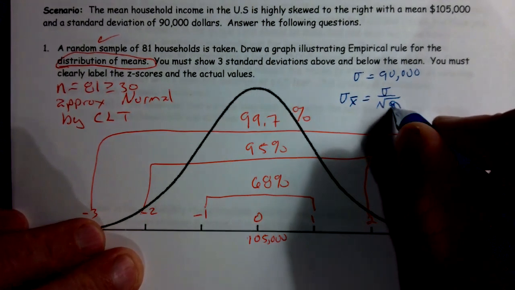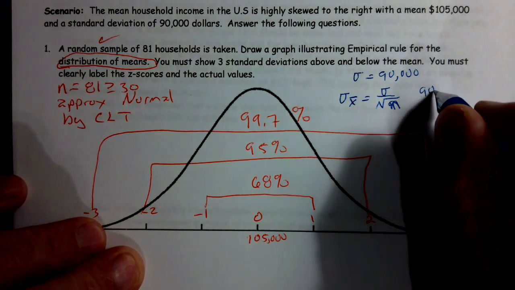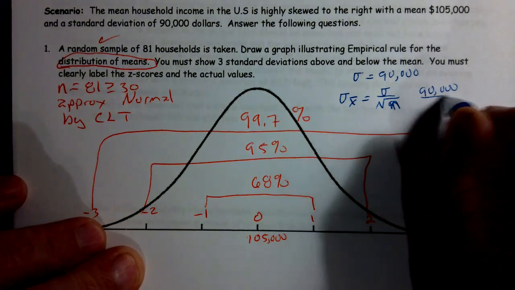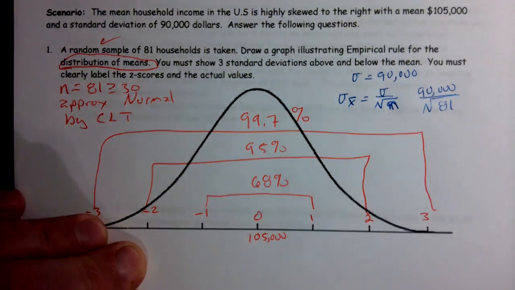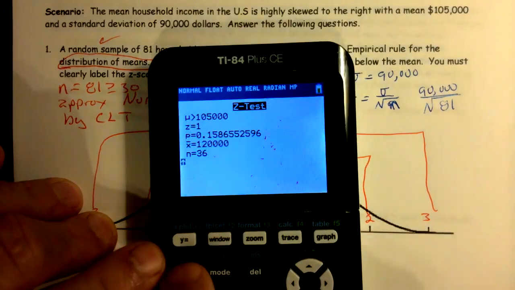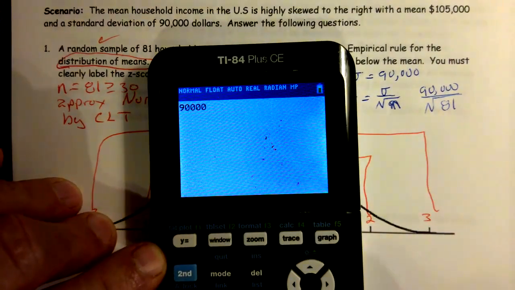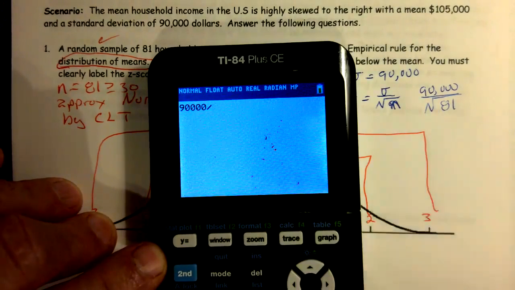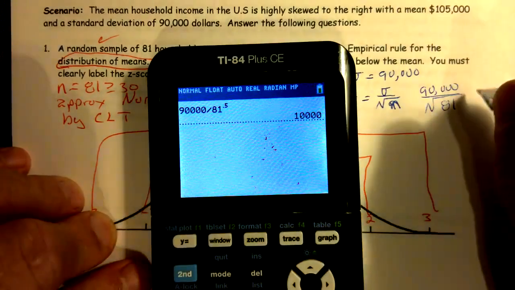And in this case, it's 90,000 divided by the square root of 81. And we end up getting $10,000